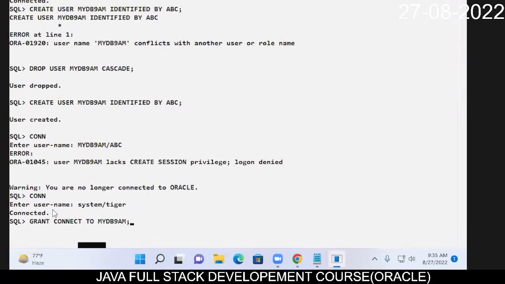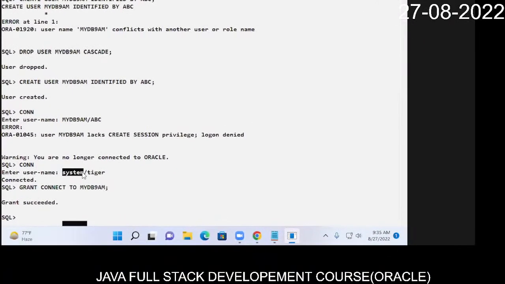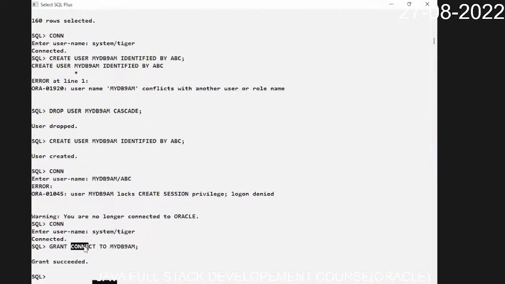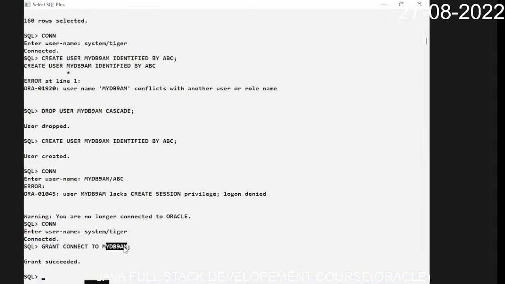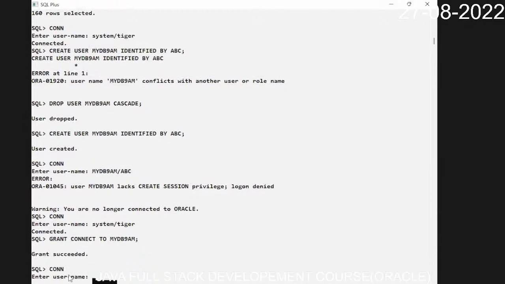By using the grant command, I can give the permission. So now the administrator was given grant permission to what? Connectivity. So to whom? MyDB 9am, and you are granted. That means your permissions are succeeded. After permissions succeed, now he will connect with his username MyDB 9am and password is